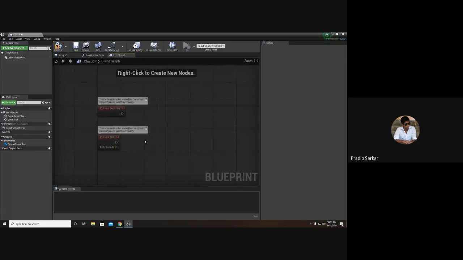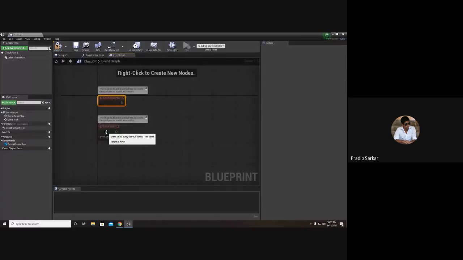Now in these 2 events, the event begin play is an event which will be executed when we start playing the game. The moment we hit the play button, it will start executing this event. And the event tick is for each and every frame. It will run this event.